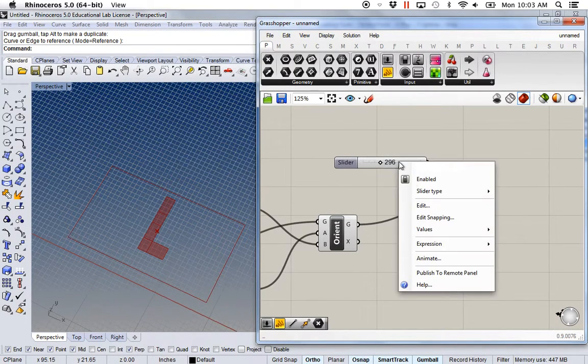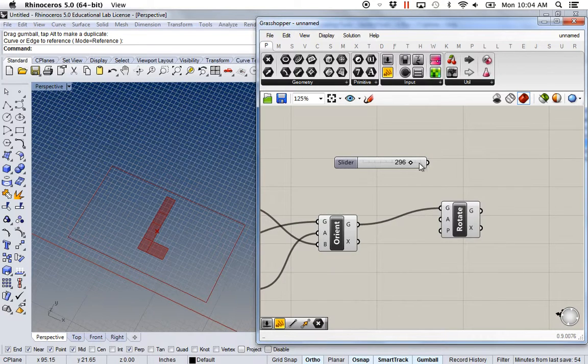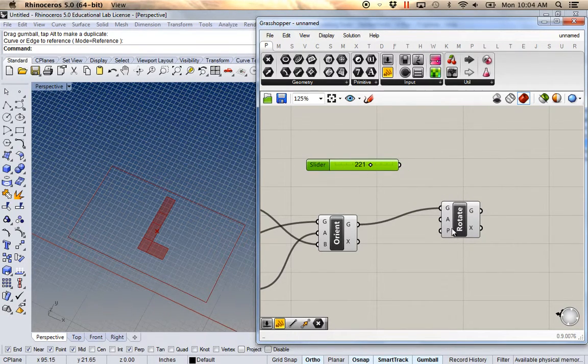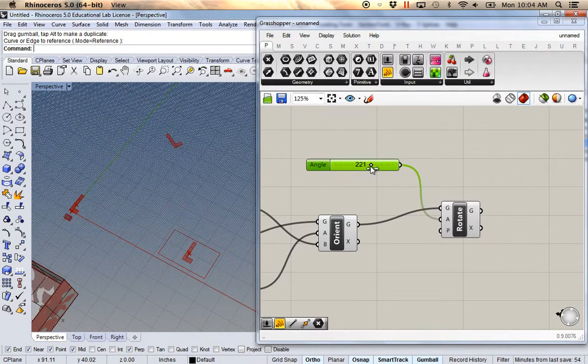Let me try it again. Commit those changes, and now commit changes. There you go. See, between 0 and 360. Alright, so if I plug this in, a few things you'll notice is, one,